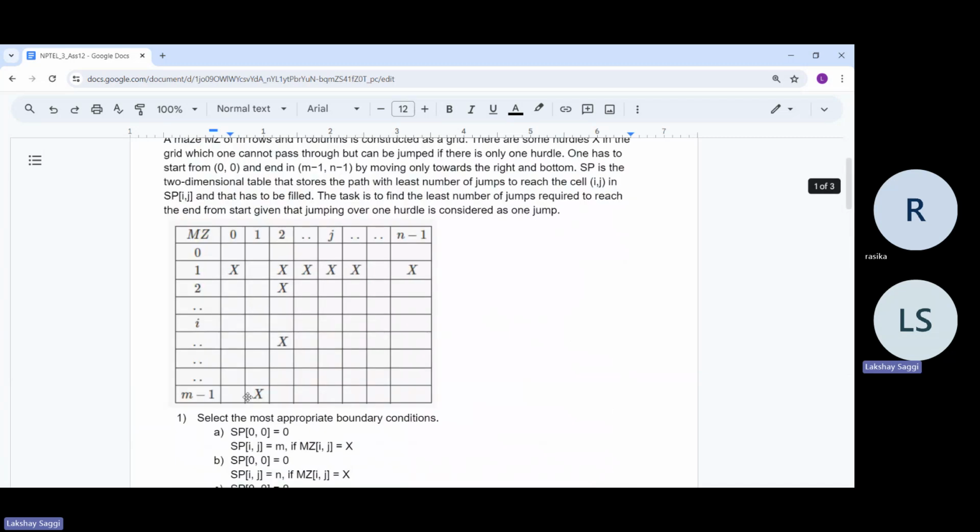So what this means is that suppose there is a diagonal hurdle like this, from bottom left to top right, a diagonal along which hurdles are present, right? So do you think this kind of diagonal, which starts at something like m minus 1 comma 0 and goes along this direction,